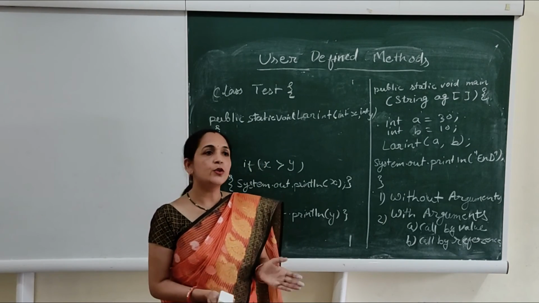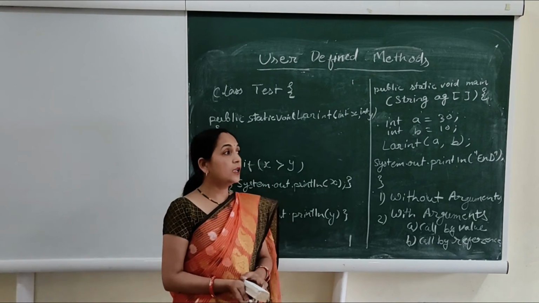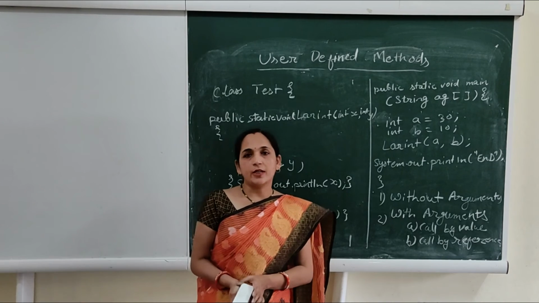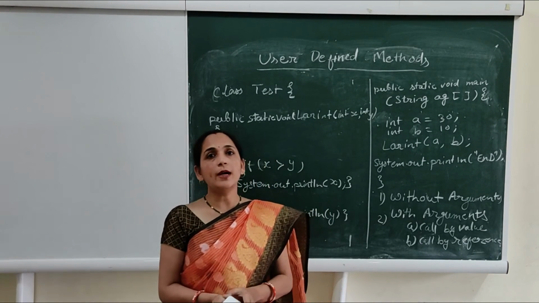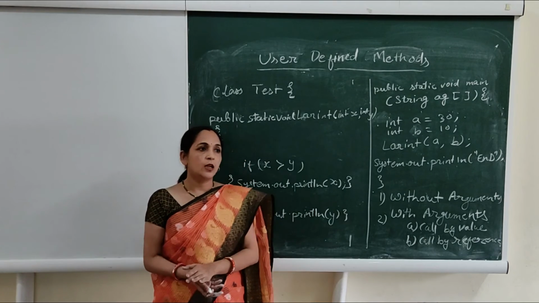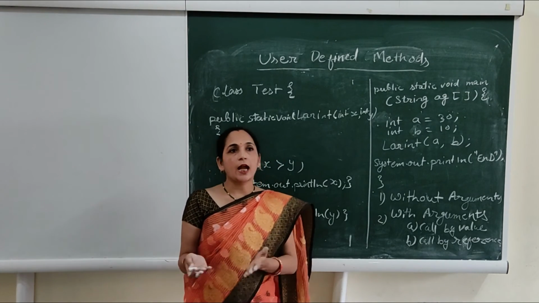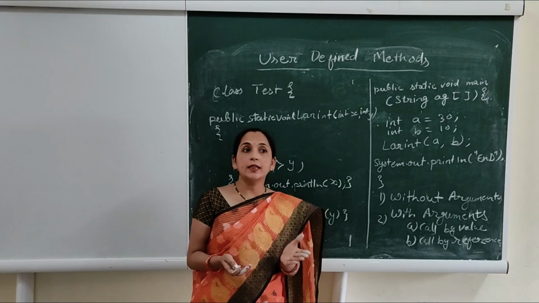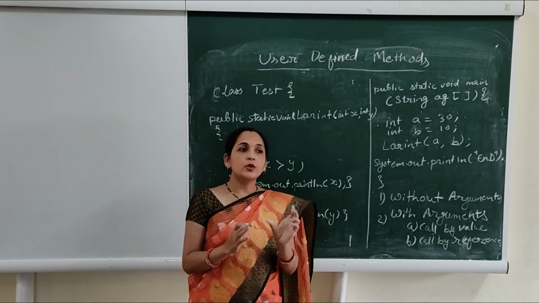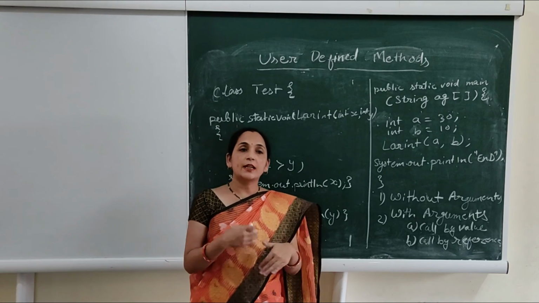Now I am going to show the program of call by reference, and we will compare call by value and call by reference. In call by reference, we will use reference data types. Now what are reference data types? Reference data types are objects and arrays. Why are they called reference? Because when they are called, they use address only. Whenever you call that, its reference will go.